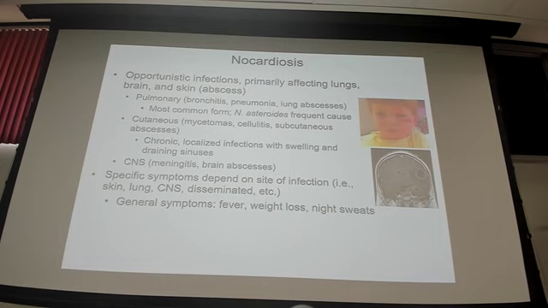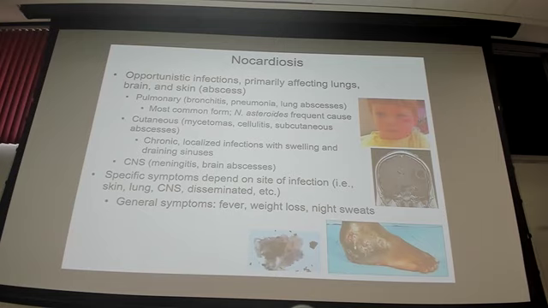So pulmonary forms, cutaneous forms, you get inoculation through breaks in the skin. With these cutaneous forms, I've got a couple pictures there. You can see a mycetoma, which is a deeper tissue infection. This is the same term that we would apply for some deep fungal infections too, just FYI, but cutaneous Nocardiosis is associated with these mycetomas as well. Cellulitis that we've talked about before with staph, and subcutaneous abscesses.